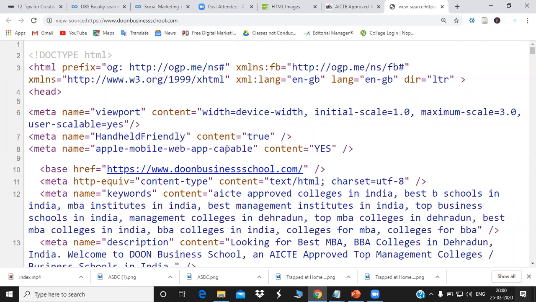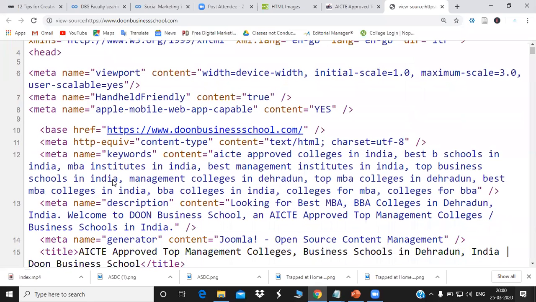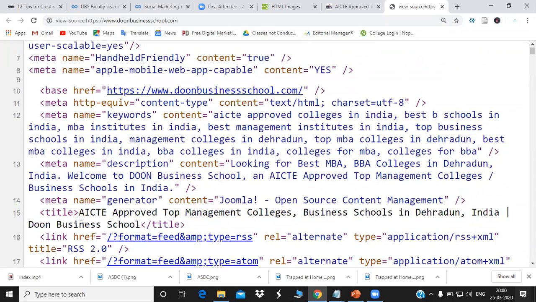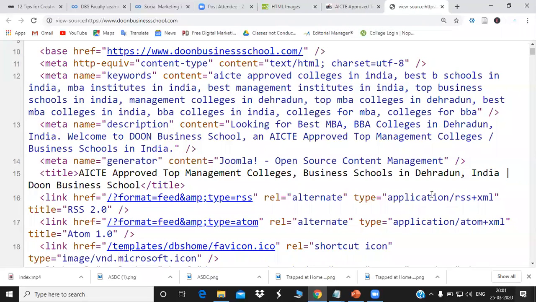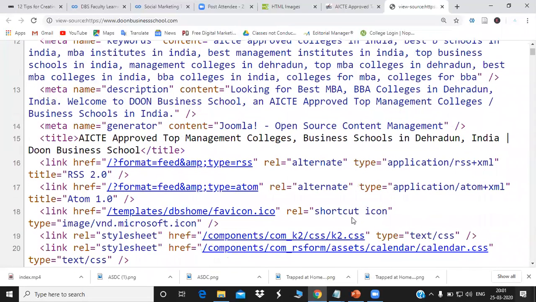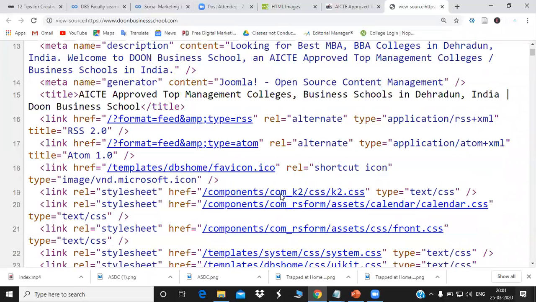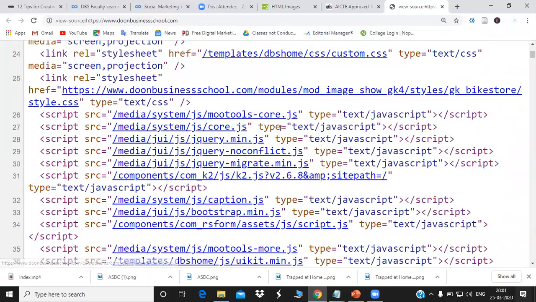Do not worry about that. What I'm trying to say is, if I say meta title, this is the page title, the title which is under the title tag. The same page title comes in approved top management college. Now, they have made it on Joomla, an open source content management platform. Now if I talk about SRCC, these are the